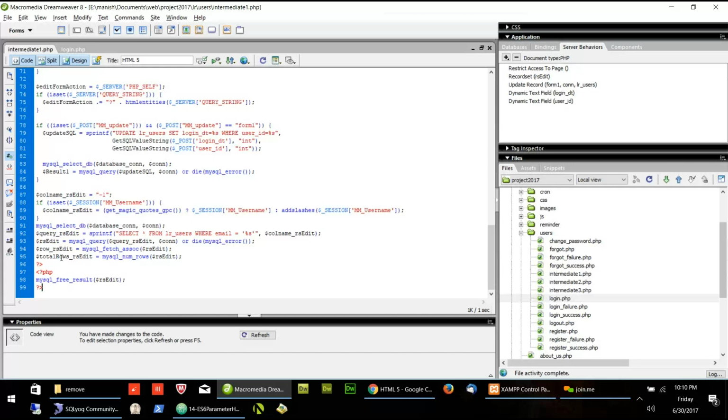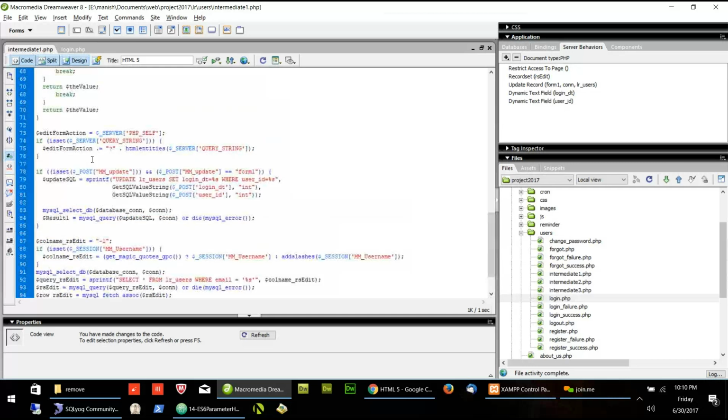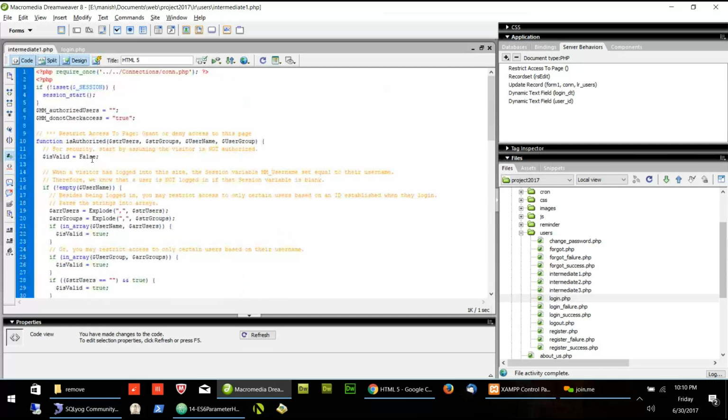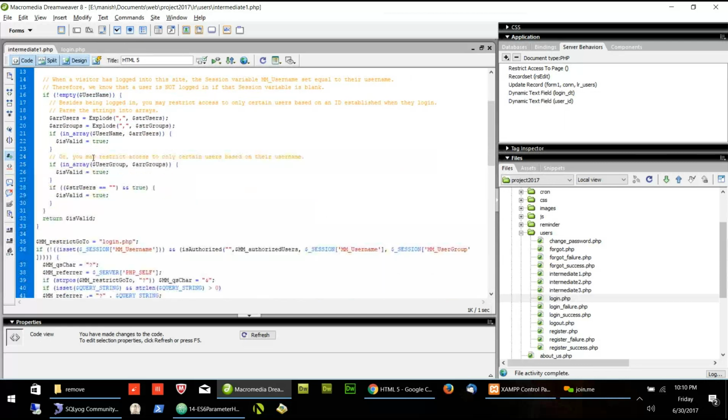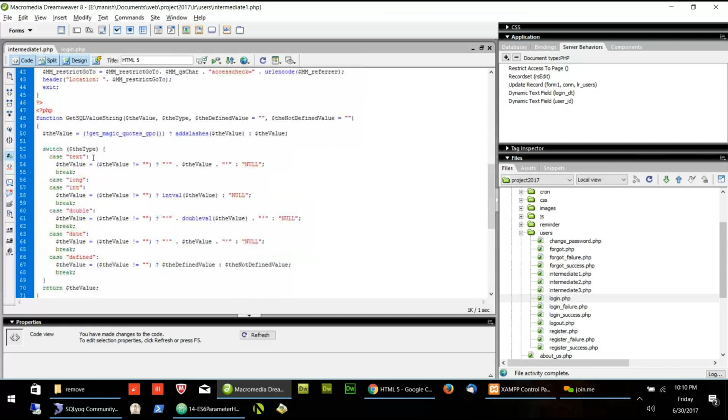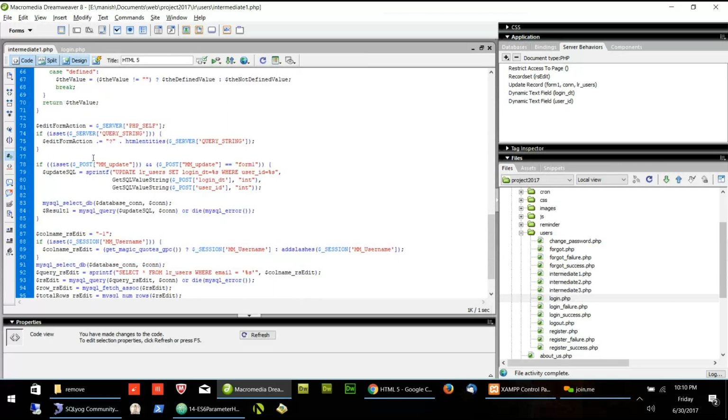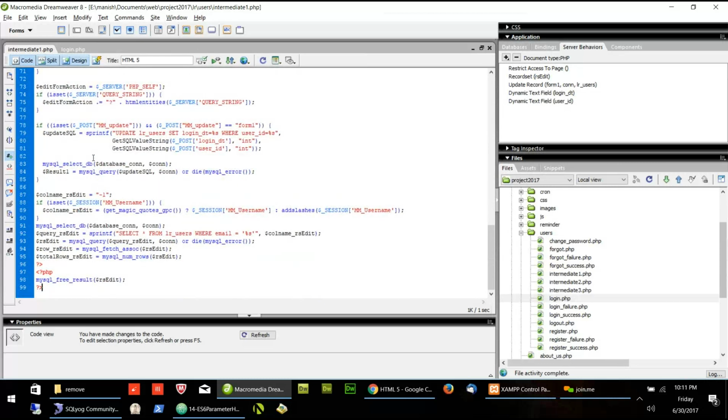That form is only needed to create this PHP code, because I want to do automatic update of the login. I don't need the user to update the login date. Okay. Now we have to update the login date automatically.